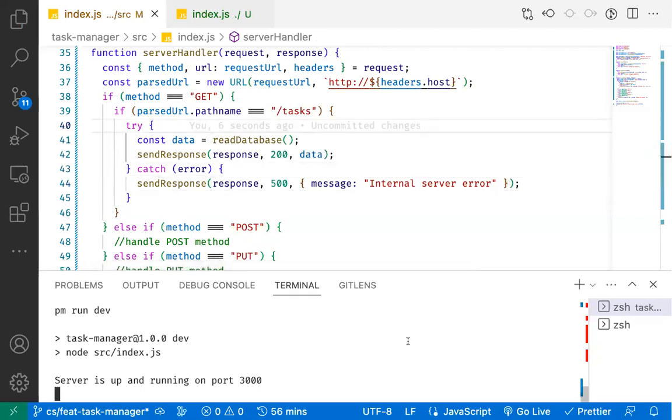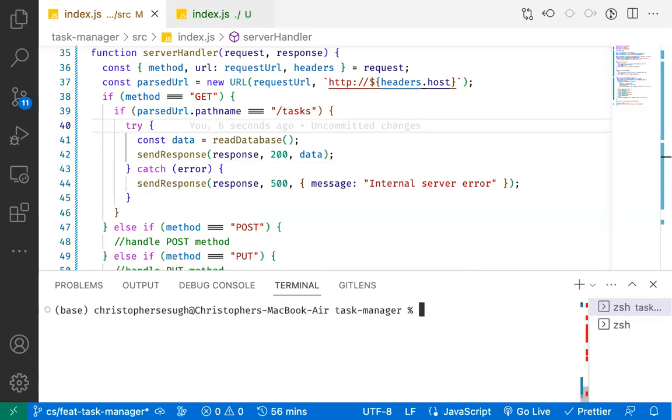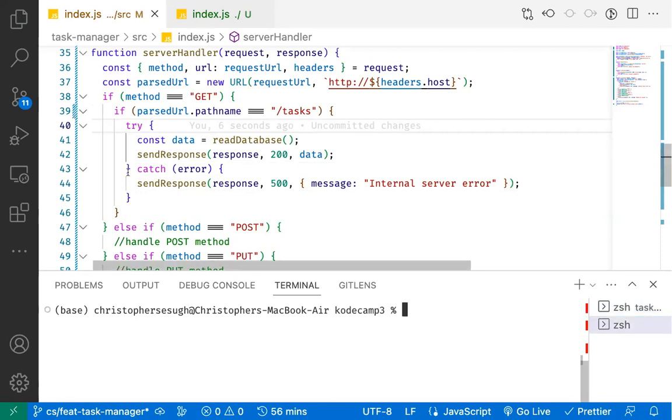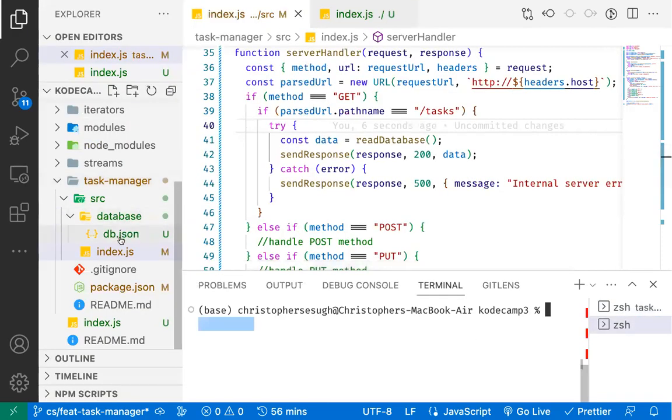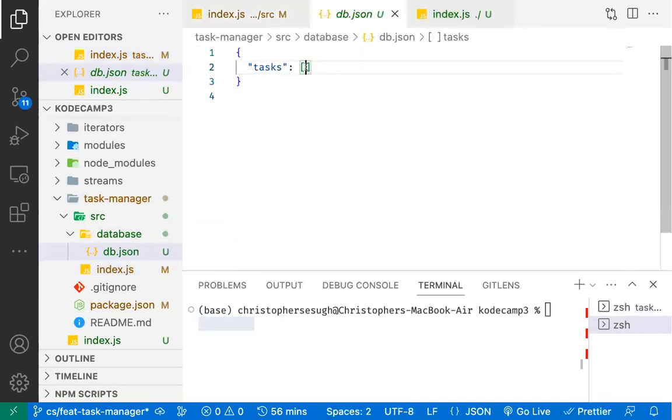So let's come here and stop our server and then run our server again, and then let's come here and make a request. But right now, let's first of all go back and add some tasks in our database. This is actually an array, so in this array we first have an object. Is it like this? An object, okay, JSON. An object of